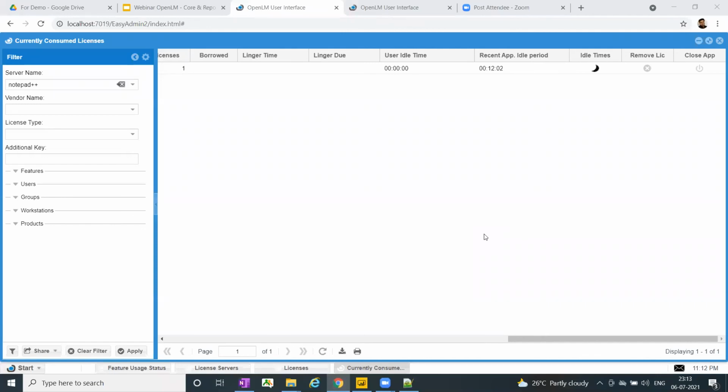One more thing that I just mentioned also, that currently for OpenLM, you also need to have a database. Currently we are supporting three different external databases: MySQL, SQL Server, and apart from that, we also support MariaDB. You can choose to install them on the same server where you have OpenLM, or you can also install them on a separate server. There also you can install the database for OpenLM.